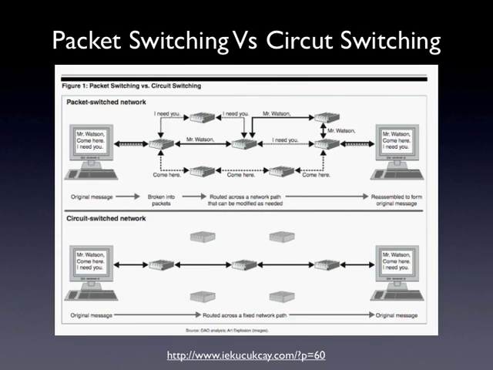So the idea with the circuit switching is that if you take the phone network, if I ring someone else up, then there's a particular path through that network that my phone conversation is going to take. And as soon as there's a fault in that particular connection, then my data stops flowing, my phone conversation is terminated. So the idea with packet switching is, rather than taking one specific route through the network, what we do